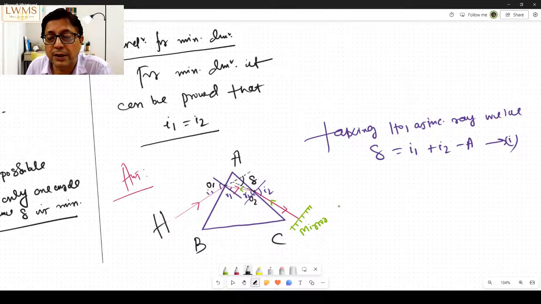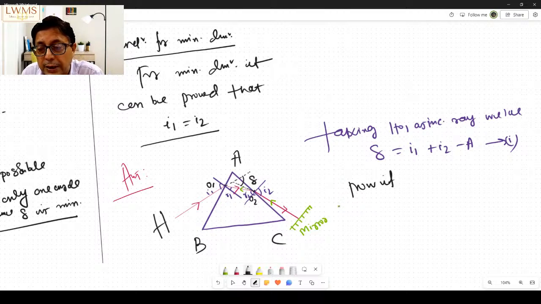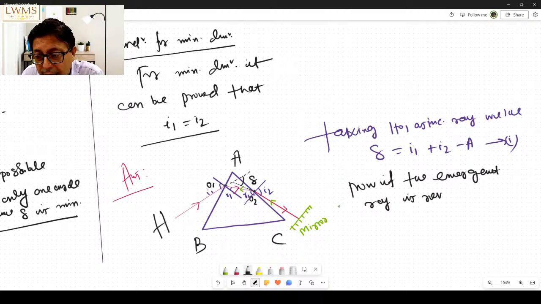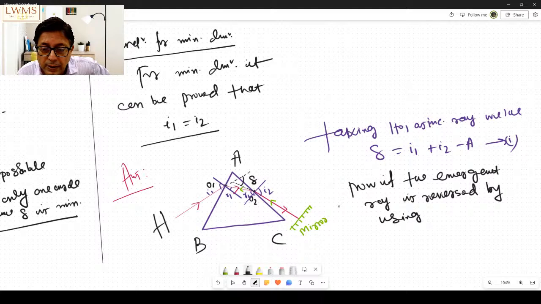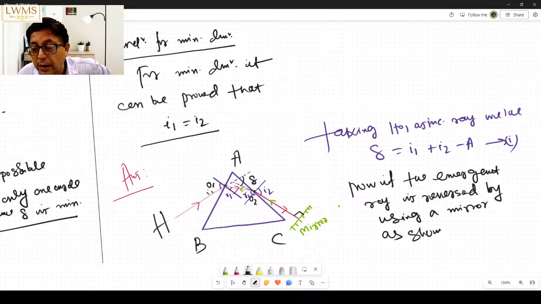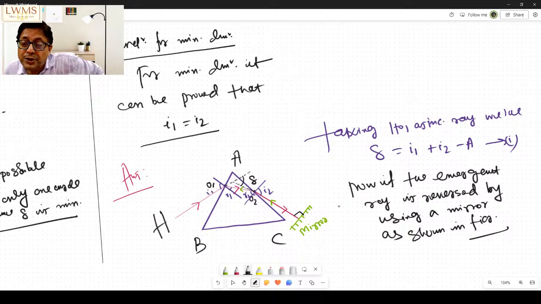So we'll write that now: if the emergent ray is reversed by using a mirror as shown in figure, then